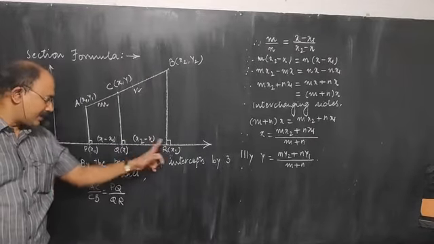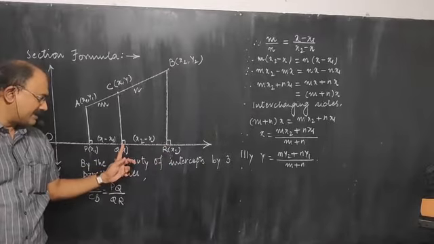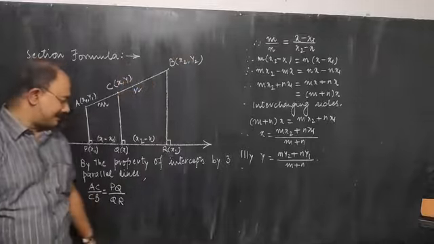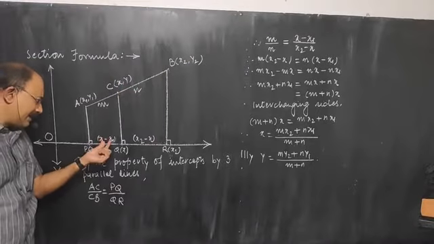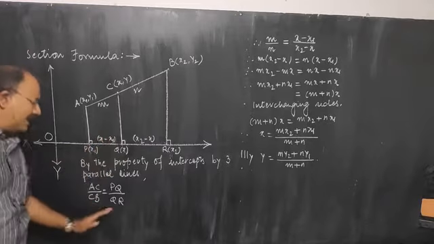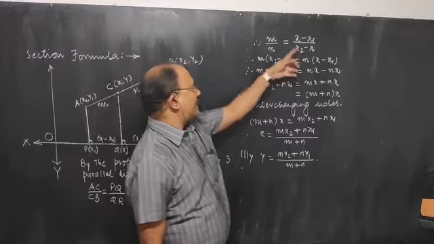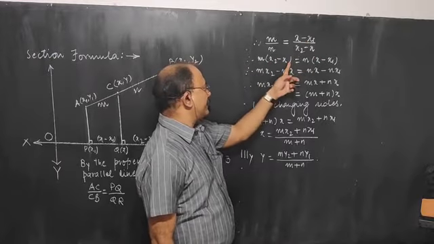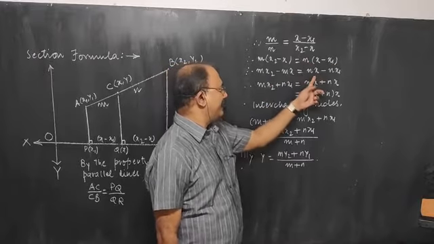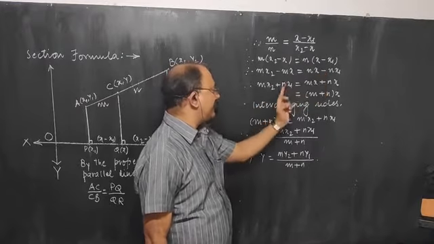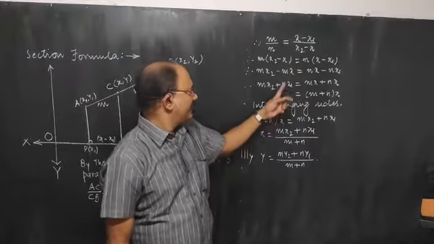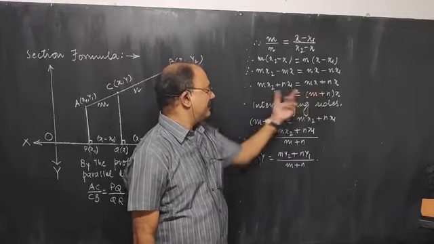Similarly, distance QR, again the greater coordinate minus smaller, x2 minus x. So in place of QR, we have written x2 minus x, which we have written here also. Okay, so the ratio of these 2 is equal to the ratio of these 2, and that leads to this equation. Now cross multiply, you get this equation. Multiply the terms inside the bracket by m, here also by n. Then I have transferred the negative terms to the opposite sides. So this negative term goes to the left side, this negative term goes to the right side, they become positive.